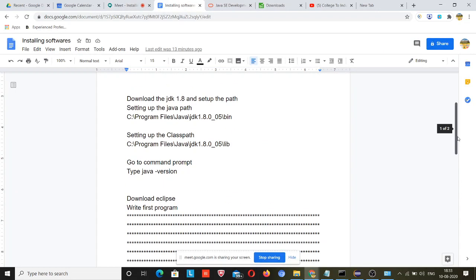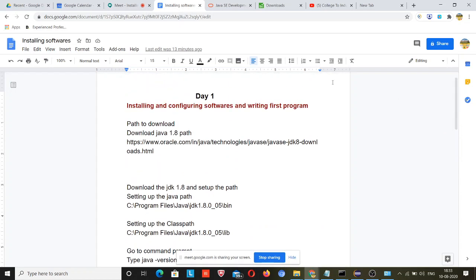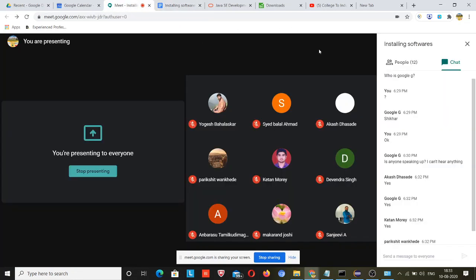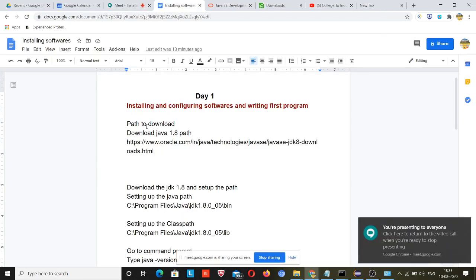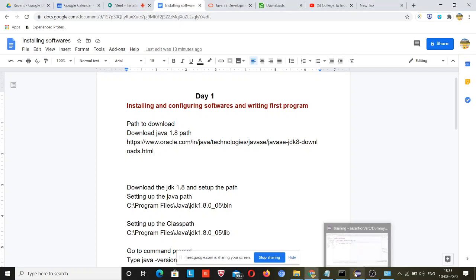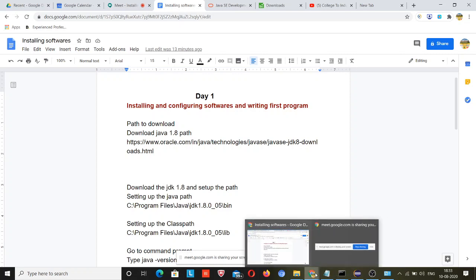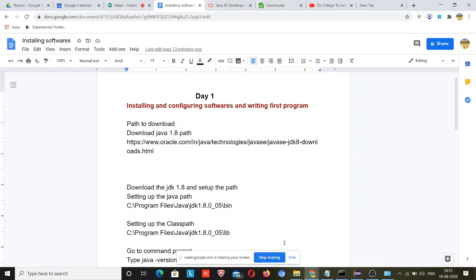So let me ask that everybody has Java installed in their system or somebody is left with that. So I am explaining that part for today. So after installing, what we need to do is that we have to set up the Java path first. So how to check that if I have Java in my machine already or not?